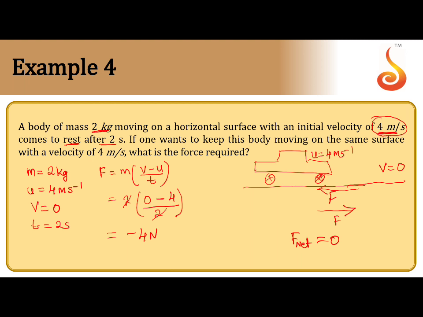If I am able to provide this amount of force in this direction, the floor is giving retarding force like this. If I exert the same quantity of force in this direction, the car will continue to move with 4 meter per second. So the answer would be apply 4 Newton force